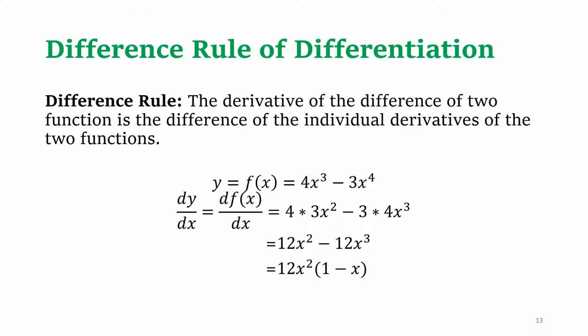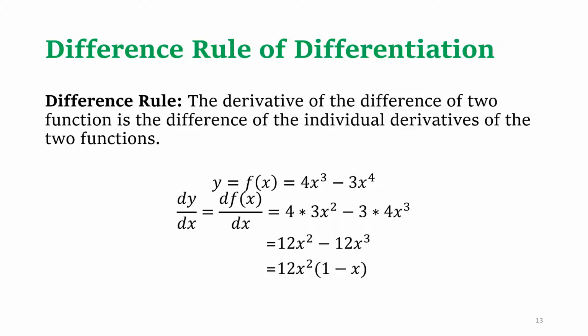If you subtract two functions, then the derivative of that difference with respect to x is just the difference of the individual derivatives. Okay. Now let's say, for example, we have y equals f of x equals 4x to the